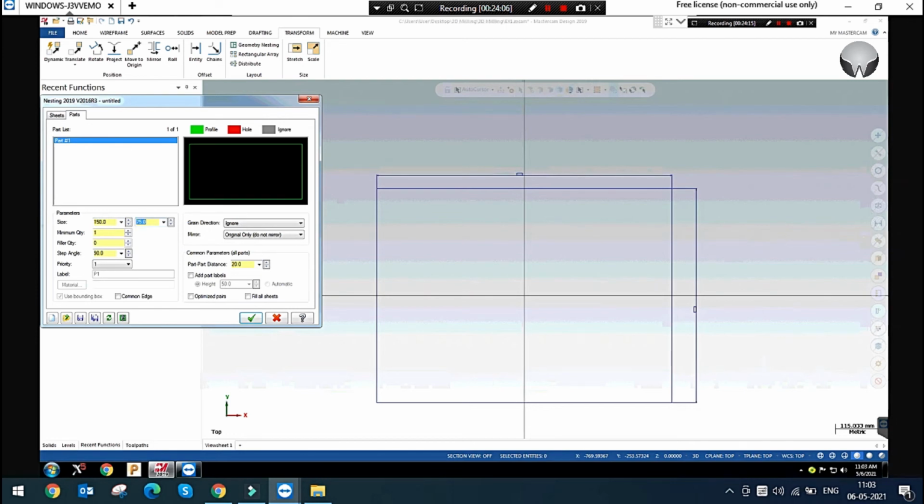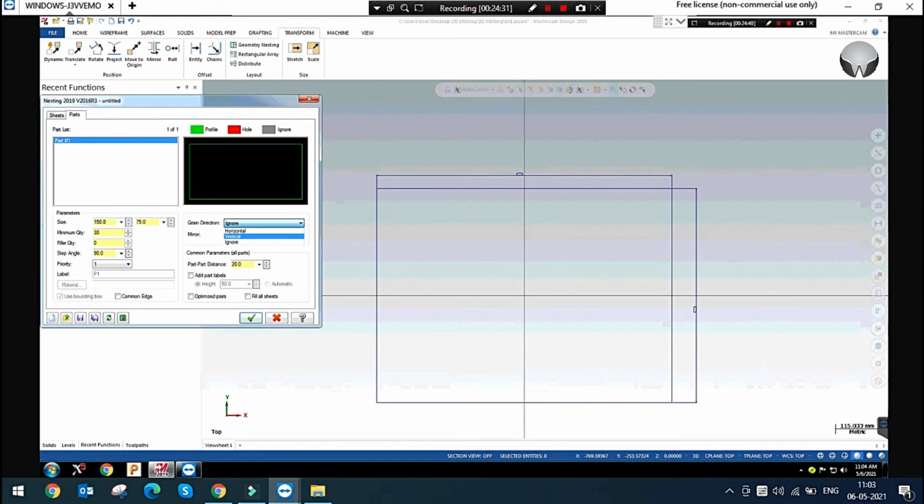Our minimum quantity I'm giving 30, sorry. You can simply define this, brother. Priority horizontal or vertical.